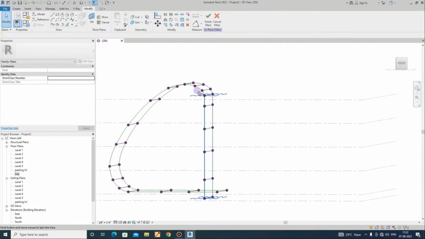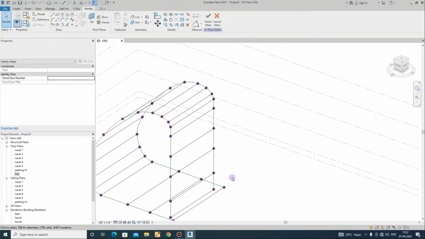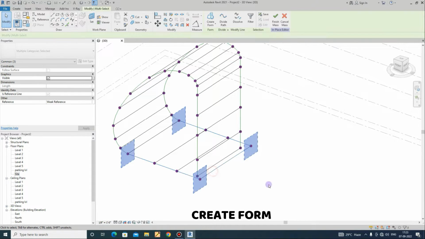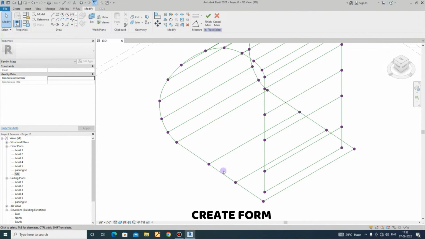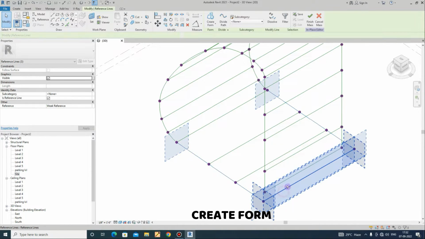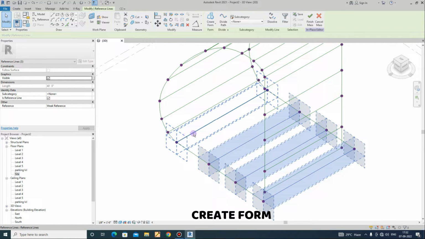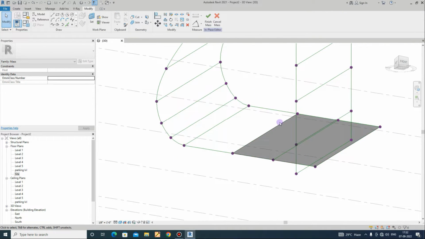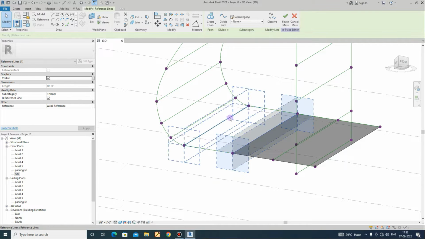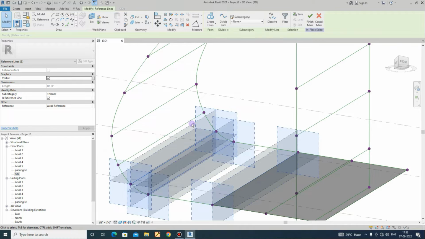Okay, now this is okay. Now we have to create the form. Join this. Create form, and then this is to make trouble.